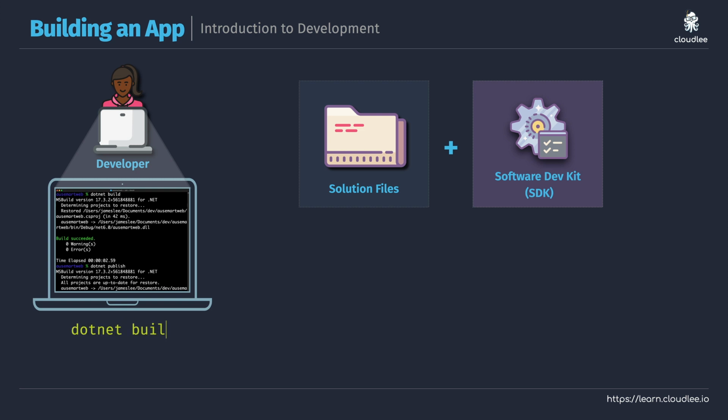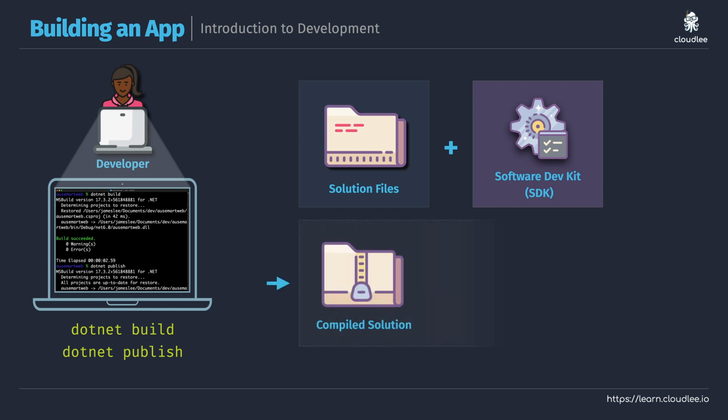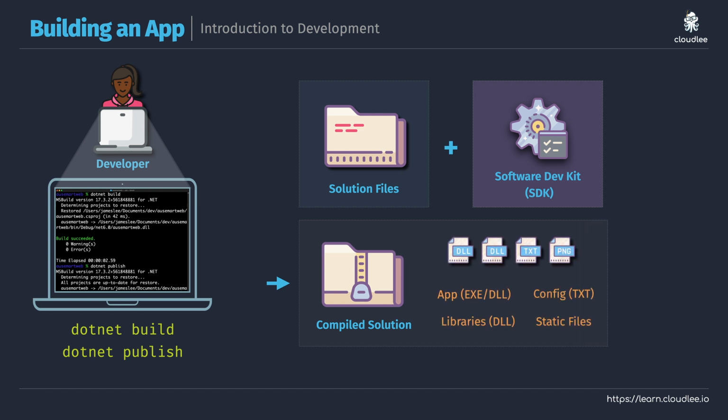So if you're using something like .NET, you might actually use the .NET CLI and enter in the command dotnet build and dotnet publish. Now, the exact command isn't important here, and it's going to differ depending on the language and SDK that you are using. But the principle is we've taken those source code and related files, we've used some sort of application tool, and we are going to compile our application into a range of files that can then be used for some sort